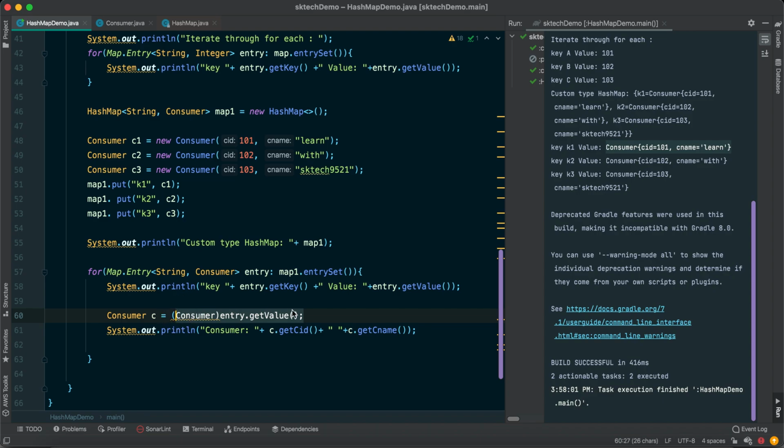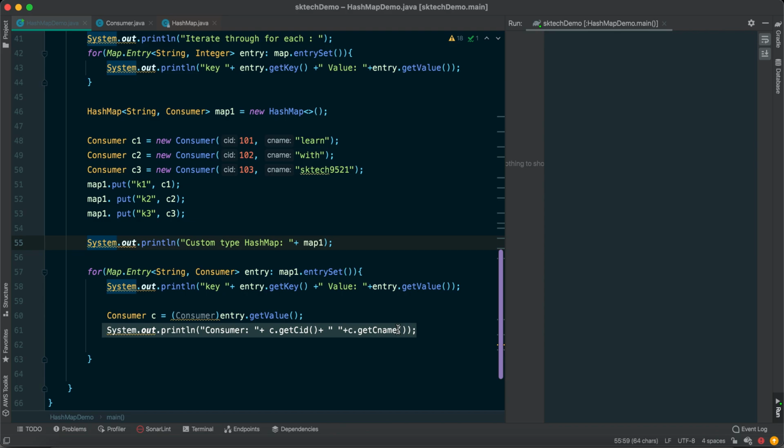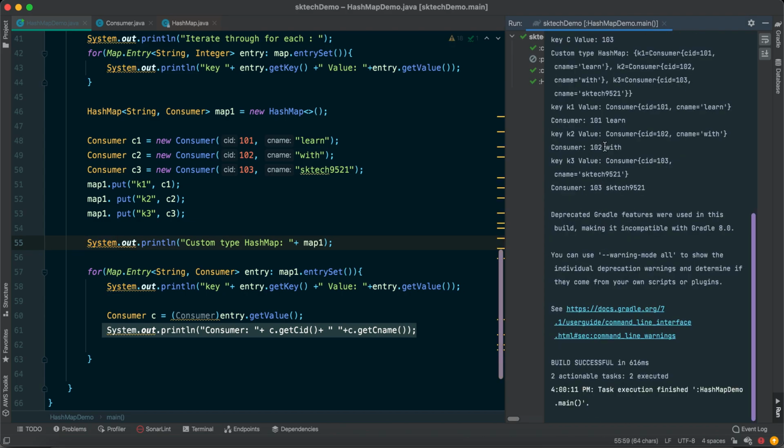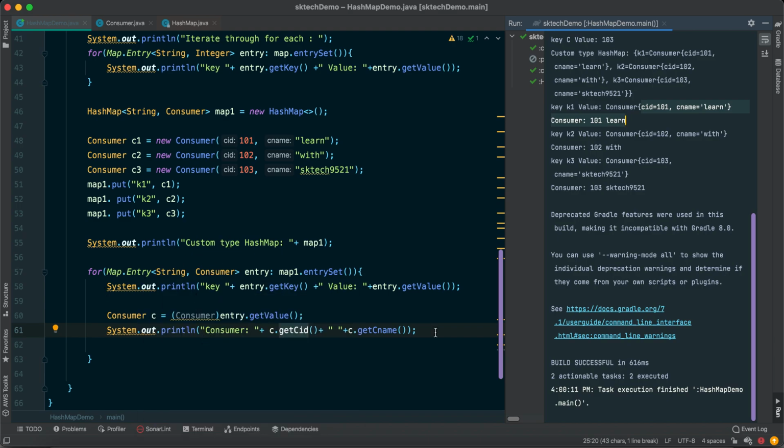This is going to return one type of value. So value means consumer type, and from the consumer object we will be able to call the methods available inside the consumer. So right now there is a method called get ID or get name, right? So this is what we can print. So it is going to print 3 times with a different value. So let's try to run this program and see the output. So yeah, you can see that this key and value that we are printing here, and the second time what we are printing, consumer, then key 101 and value as learn. So this is another way we can get the particular user defined class type and print those methods.